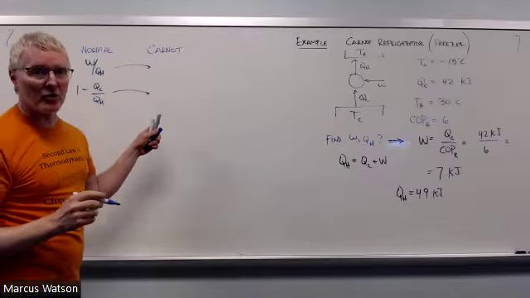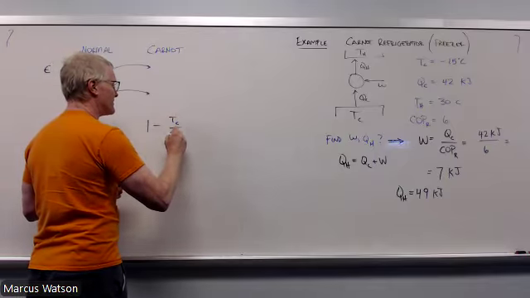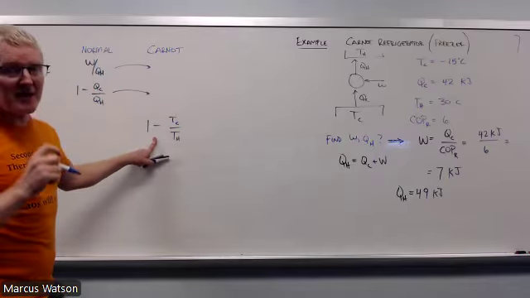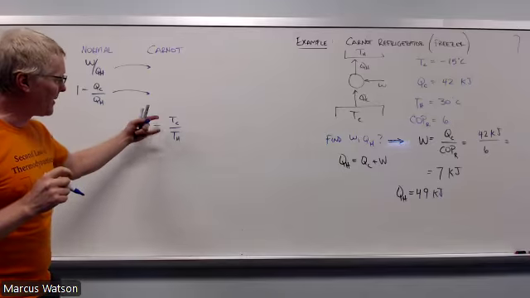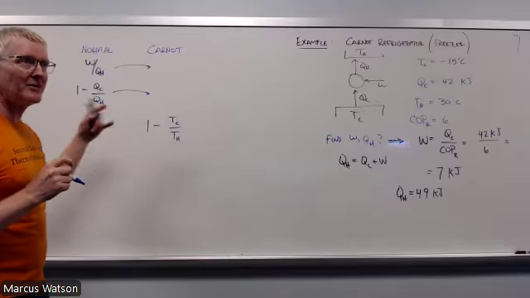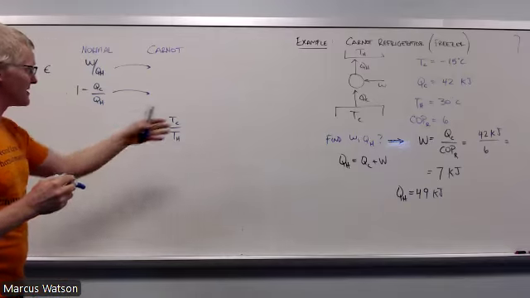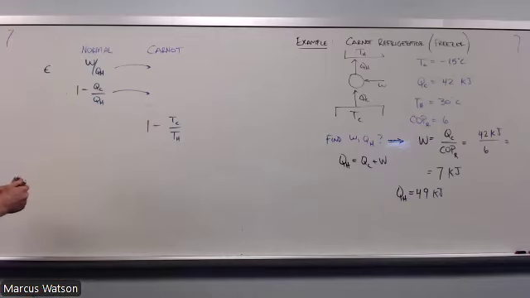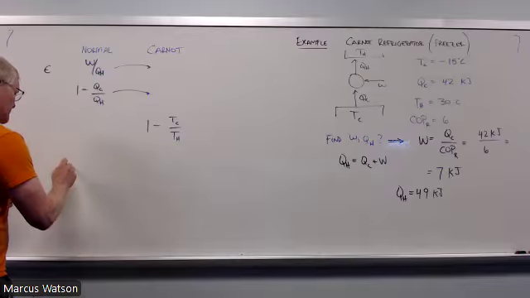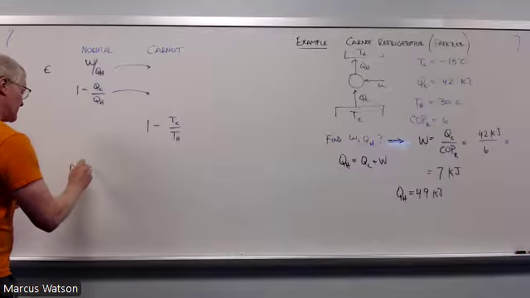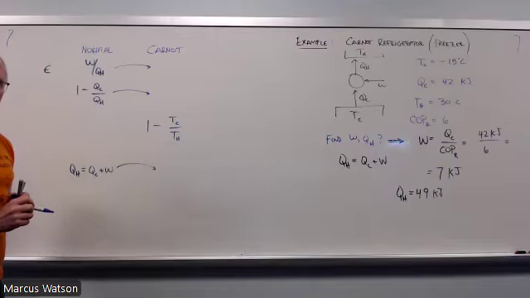But what won't work for the normal one is the Carnot efficiency, and that's only true for this. Okay, so remember, this gives you the idealized best possible efficiency when operating between these two temperatures. You can't do better than a reversible engine, and that is telling you that this is your ceiling. For the normal engine, you'd still write that QH is equal to QC plus W, and that's still true for the Carnot cycle, all right?